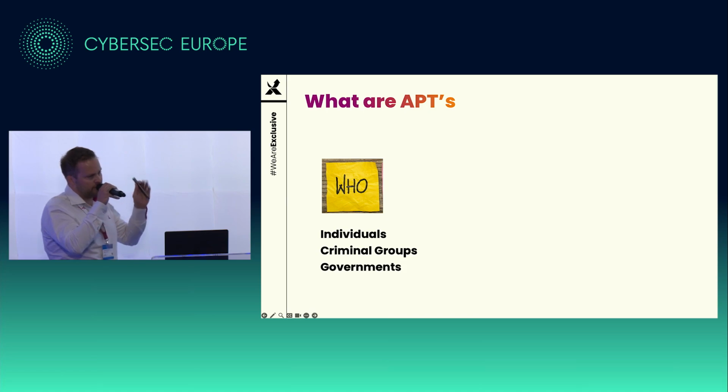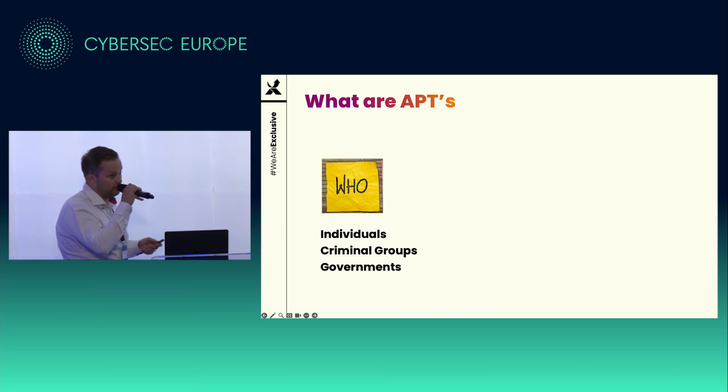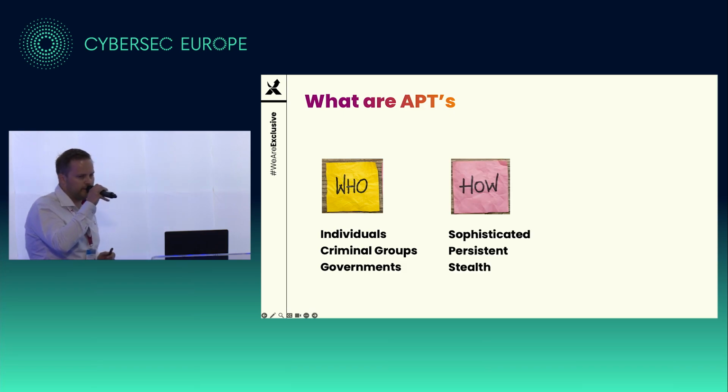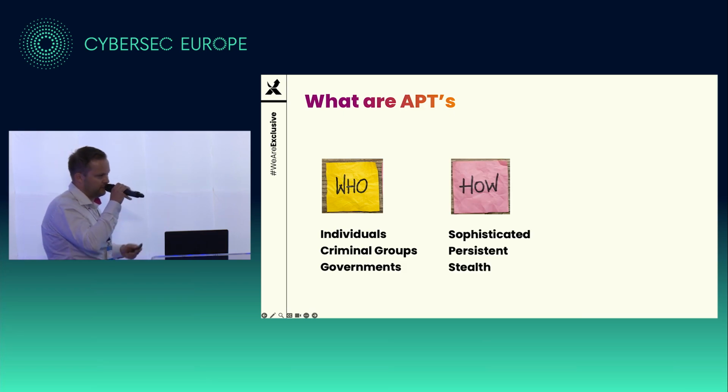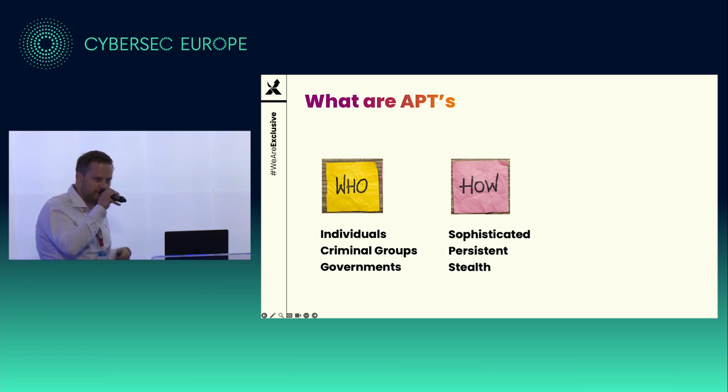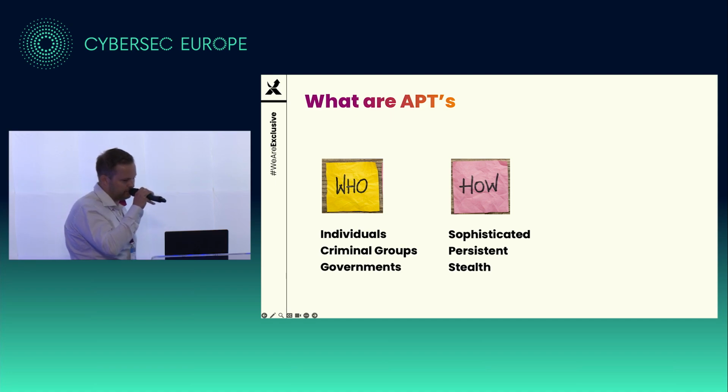But if they're going to use zero-day exploits in a very advanced attack, usually it's criminal groups or nation states, so governments. They're going to be advanced. They're going to be stealthy. They're going to have persistence. So they want to build a backdoor inside your organization, and they want to be there as long as possible to have all the data extracted and then go out with a big bang and some ransomware.